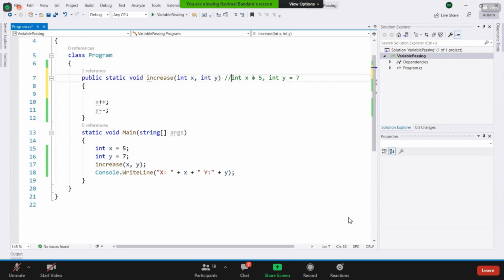So these two variables are totally different from those two variables. The only similar thing is that x and y have the same values, right? Okay, let's change it a bit.